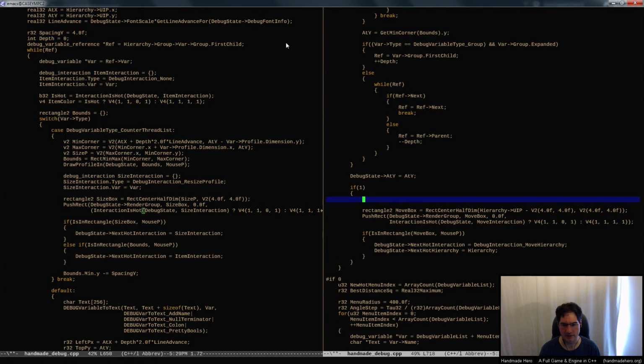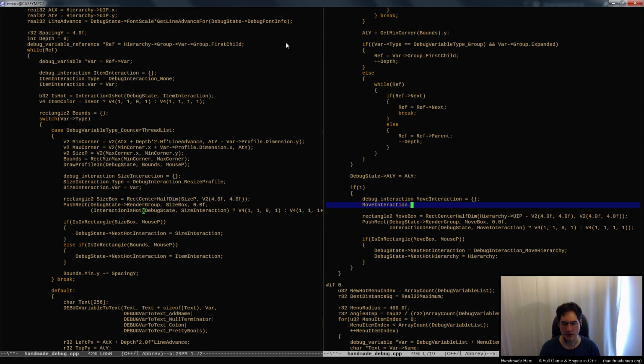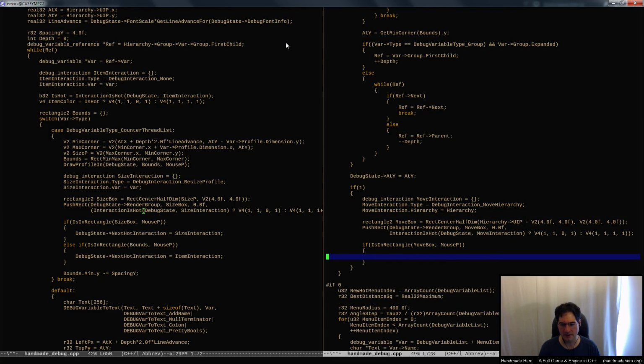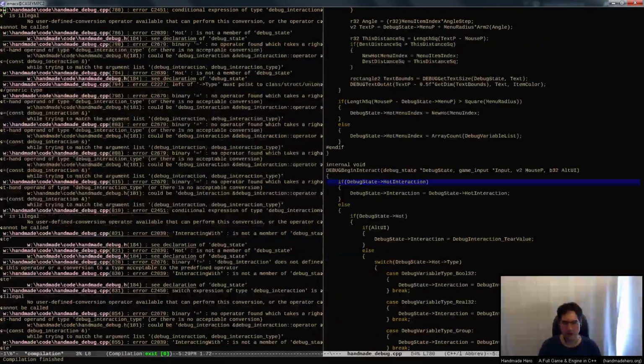And I just need, again, to make one of those interactions. So here's the move interaction. And it's just going to store, again, the stuff that we were storing before. It's just these two things here. And this time it's going to store that hierarchy guy inside it, right? Like that. And that's it. And then this is actually going to do next hot interaction. It's going to do the move interaction. Okay. So moving along,